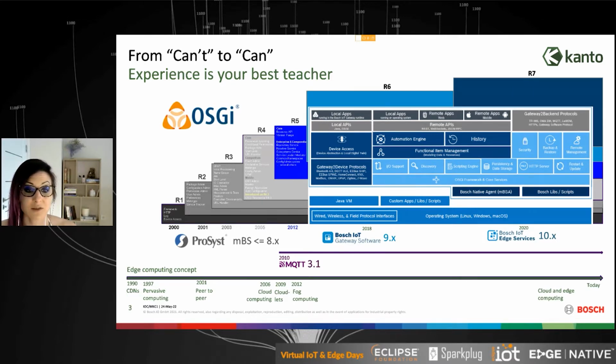As you can see later on, in 2010, MQTT 3.1 became public. Part of the team are contributors to this protocol as well, being there and making history, which is really a nice thing, if you can see everything happening. And in 2019, we released another version of the product.